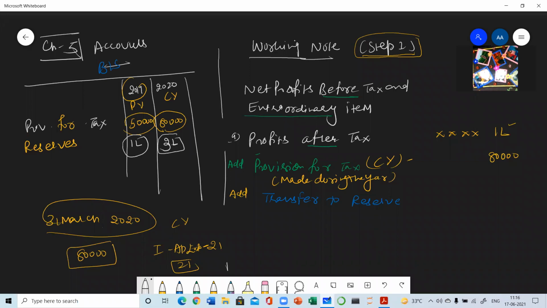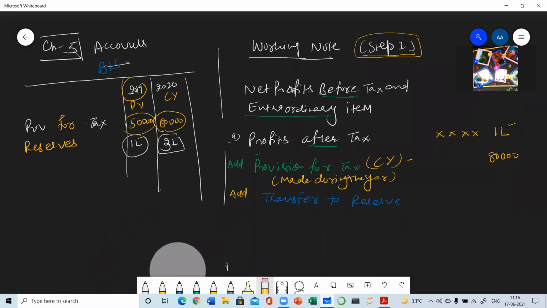So could you tell me what is the amount transferred this year from the profits? Previous year we had reserves of rupees 1 lakh and this year the reserve balance has come to 3 lakh. I told you earlier that when the company is getting the profits, those profits are further appropriated. Yes, profits are appropriated in three manners. Taxes. Taxes are given to the government.